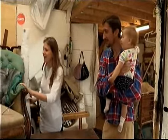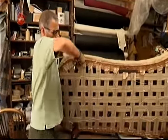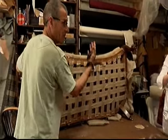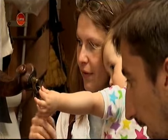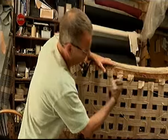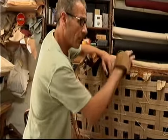Initially, we took all of the seat out. If we just turn it over. The only damage that had been done is that the joints had cracked and the dowels had broken. Well, that's all been replaced. And there really wasn't that much damage. Most of the damage is with the worm on the legs, because it's walnut and walnut is soft. The worm's been arrested, webbed, new coil springs, on top of that Hessian,